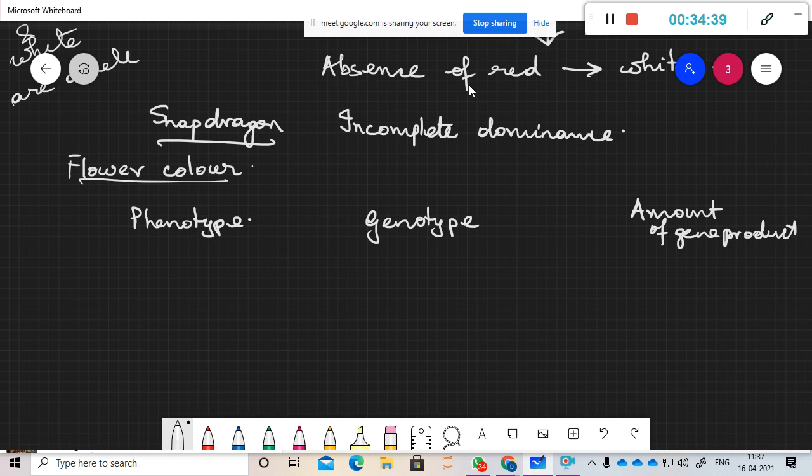What happened was, when red and white were crossed, red flower and white flower, you expected that you would get red flowers because red is dominant, but instead what you got was a pink flower. So say red is capital W, white is small w, and pink is